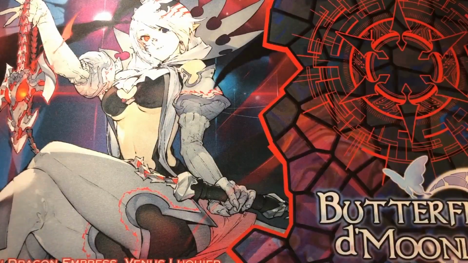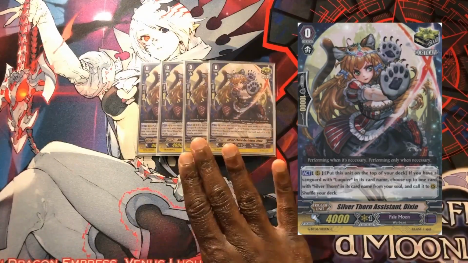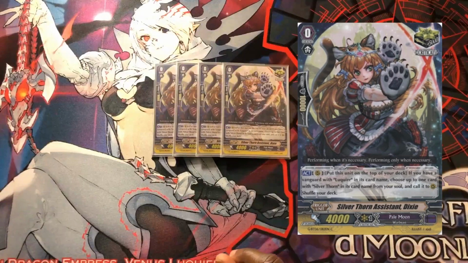Okay, finally for the triggers, we've got 4 copies of Dixie. Guys, please, I just highly suggest not skipping out on this card. This card is way too important for the stability, consistency, making sure that we get our combo plays every stride turn for the deck. It's just way too important to be able to get your board built off of just